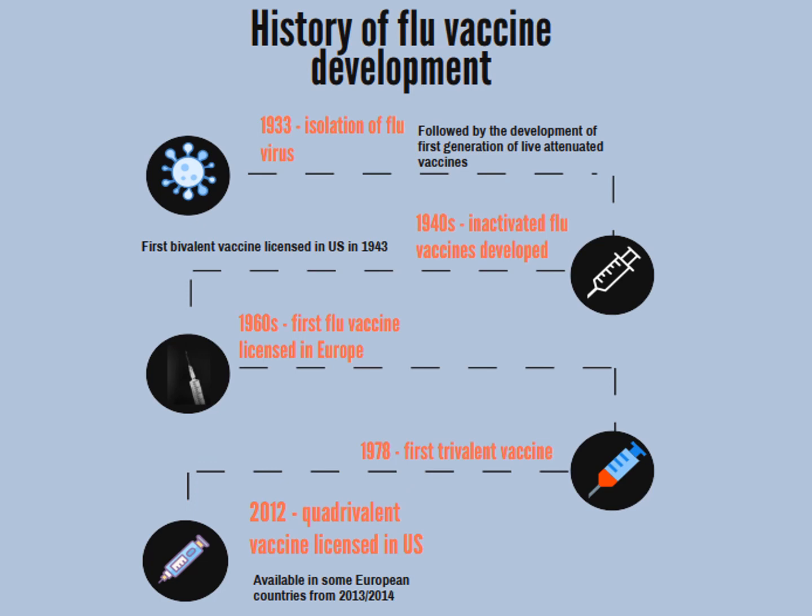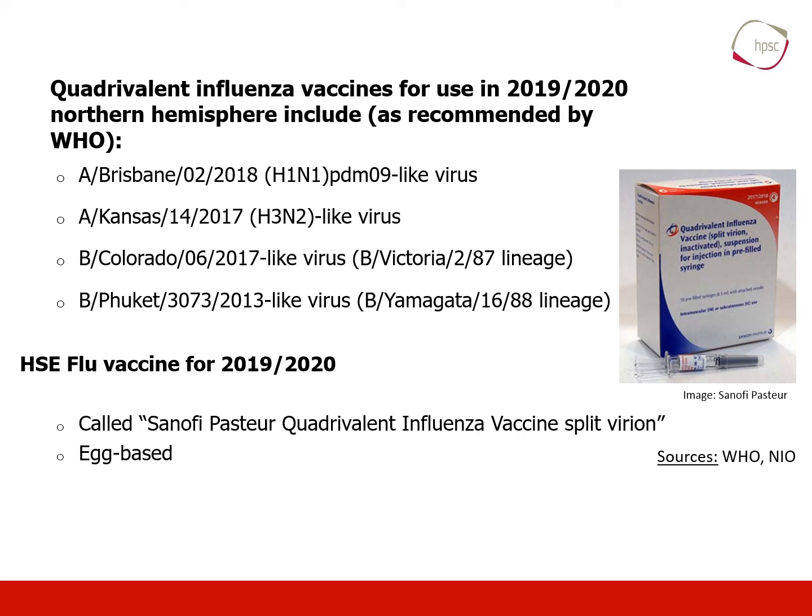And what we mean by trivalent and quadrivalent is trivalent have 2 type A and 1 type B. The quadrivalent have 2 type A and 2 type B strains of the influenza virus included in the vaccine. So for the influenza vaccine for the year 2019-2020, which is this year in the Northern Hemisphere, there is a recommendation by the WHO for the Northern